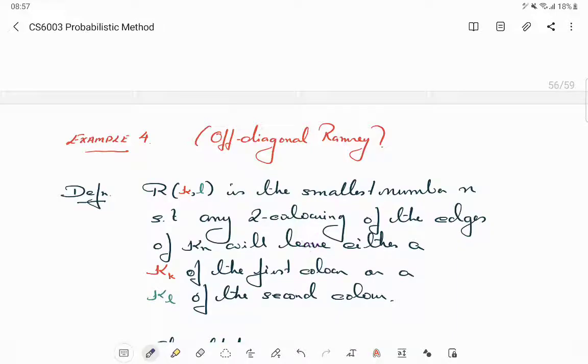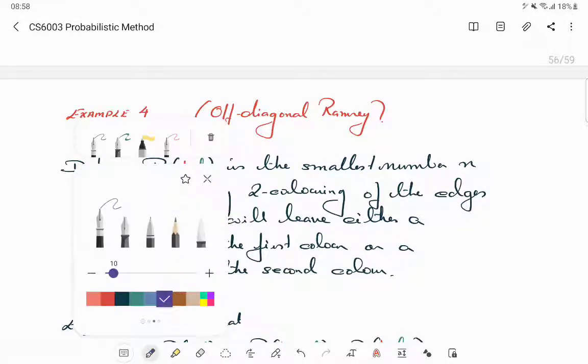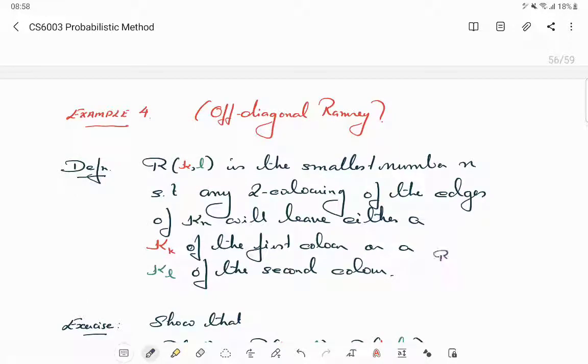will leave what? Any two coloring of the edges of Kn will leave either a red Kk, that's a monochromatic Kk, but not just monochromatic, it's of the first color, or it will leave a Kl of the second color. Okay, that's the idea. So before going into the exercise, let me ask a simple question. What would be, let us say, R of